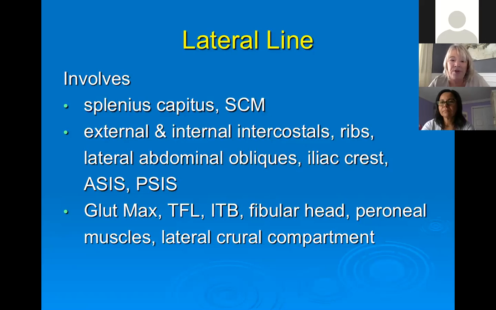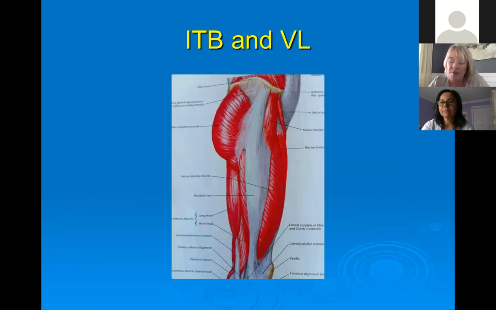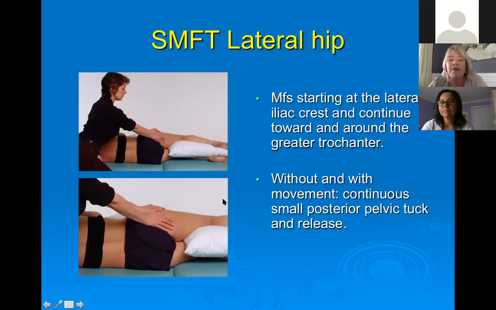So keep this in mind for the next few techniques. The IT band is notoriously difficult to work, and I find that these techniques, which is the structural myofascial therapy, so this is not MSM, this is structural myofascial therapy taught by Betsy-Ann Barron, who's the one who teaches with me. And so here she's demonstrating myofascial release starting at the lateral aspect of the iliac crest, continuing towards and around the greater trochanter. And so she does what we call a little Y motion to open up the